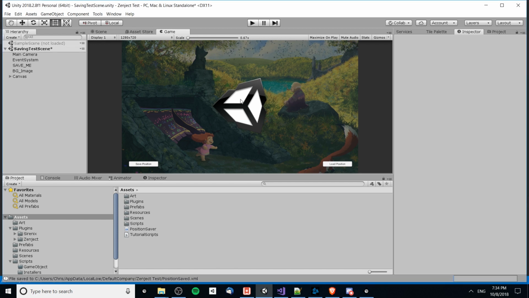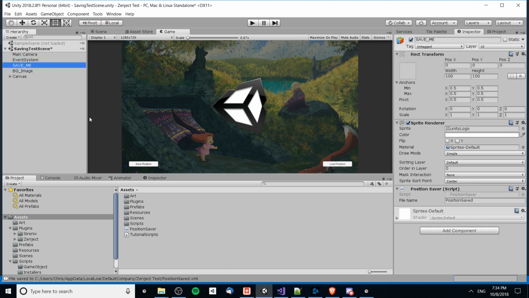So specifically, if we want to have a scene where we have some game objects that are always going to exist in the scene, we load them out of the box, and we may want to change some data about that as the game progresses, then one way we could give those objects the GUID ID is to have another game object, which would be a GUID manager for the scene. So in order to, let's say, give the save me game object a GUID for its position saver script,